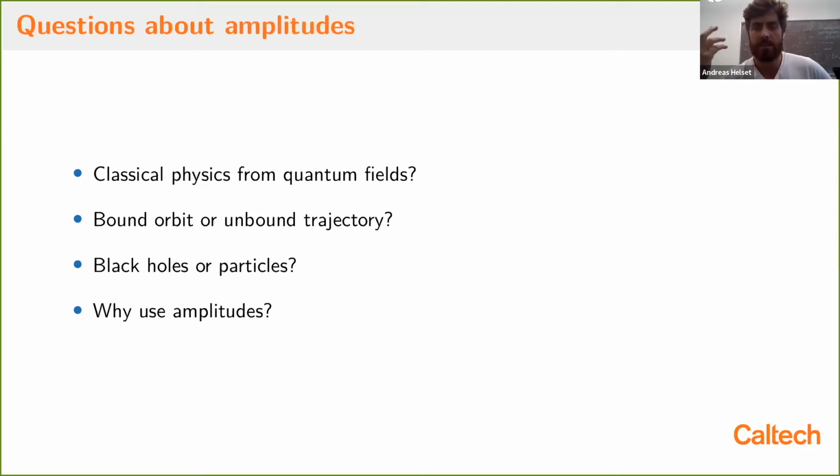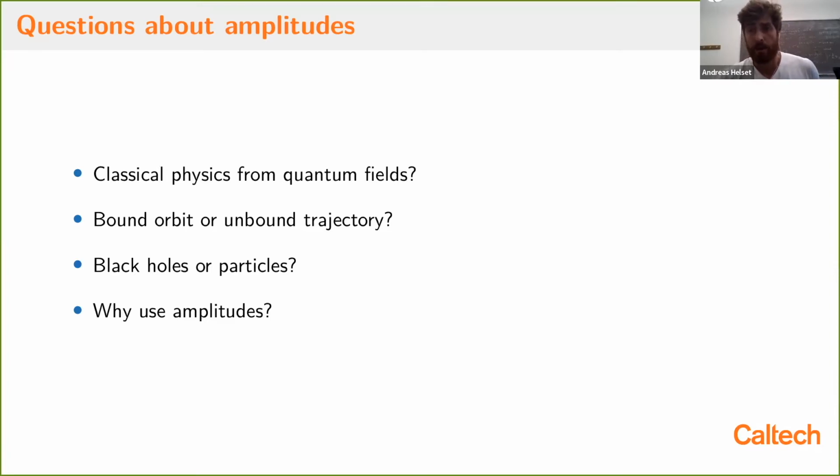And you might immediately have some questions about that. So I'm saying I want to use scattering amplitudes to solve this classical GR problem. Just to list a few objections you might have right off the bat: you might ask why you want to calculate classical physics but you're using quantum field theory. So how is that done precisely? A second objection might be that